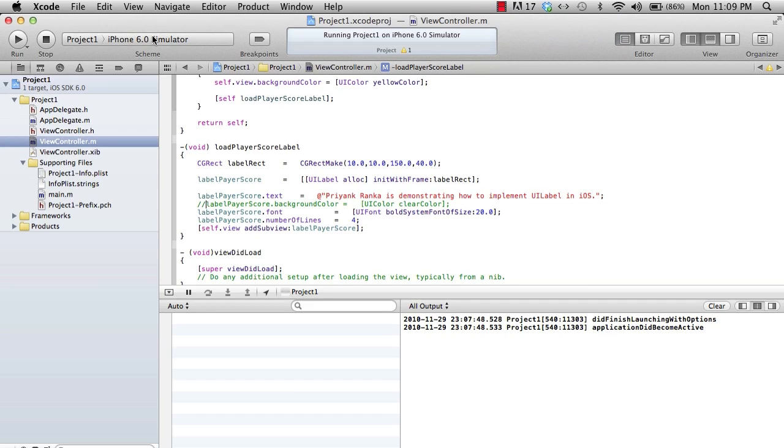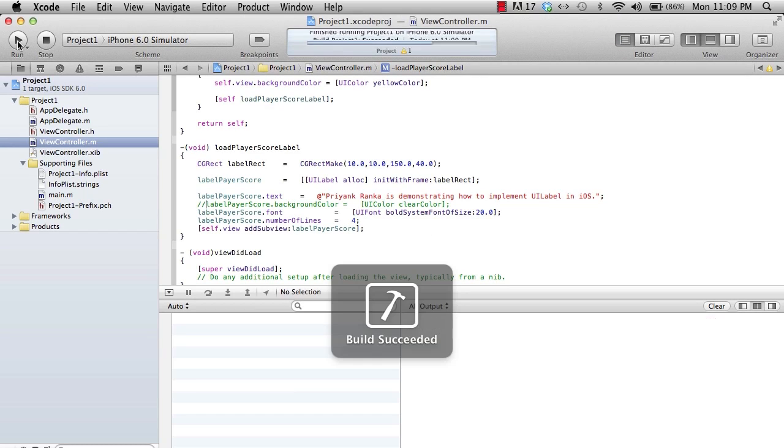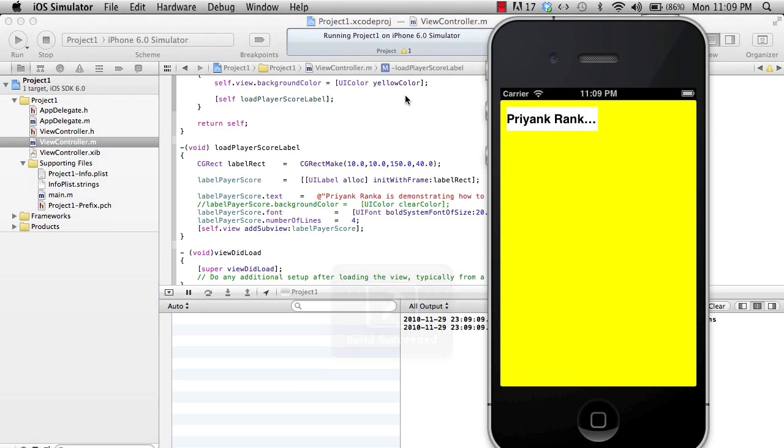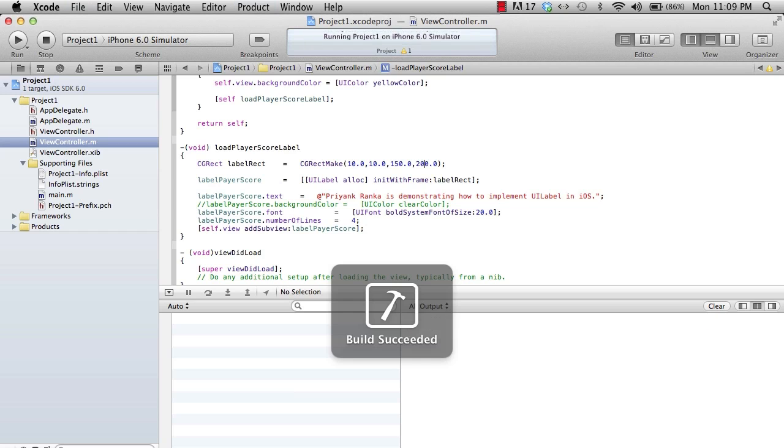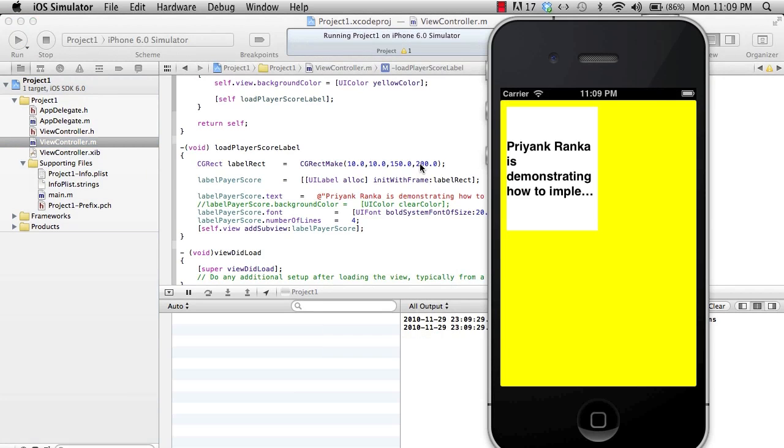So if you run your program again, I have set the background color to make it more clear. If you run your program, you see your frame of the label doesn't fit the content vertically. So if you want multiple lines to be shown by the label, you need your frame size to be that huge. So instead of 40, I just say make it 200 and I run the same program and I see, oh, so